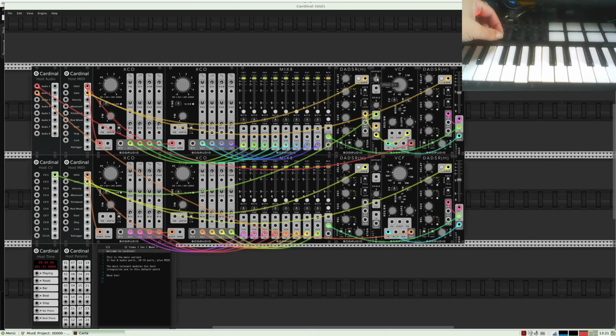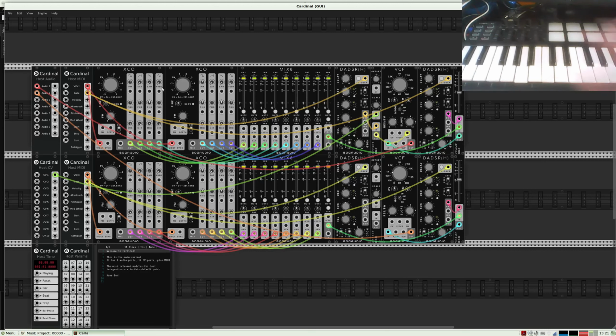And with this slider I can look what the lowest value should be. Okay, take this and now I put it to maximum. Okay, works.